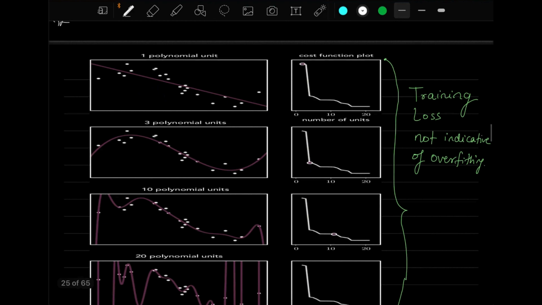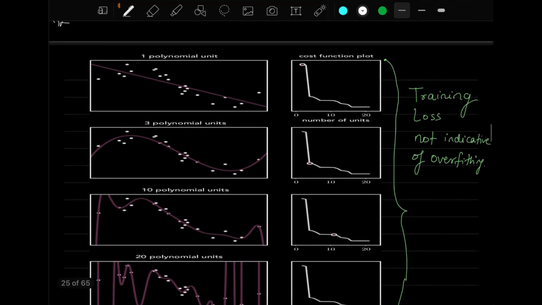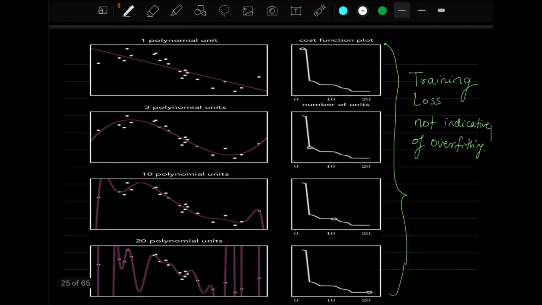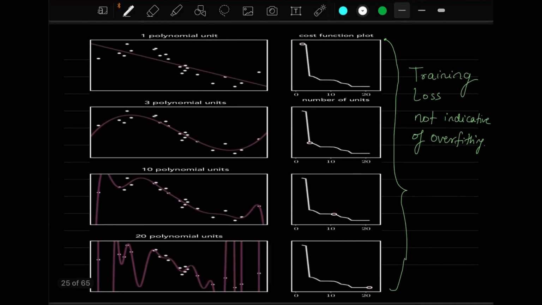Okay. Now the important thing will start from here. As you can see, I am again showing you some curves. Here I am using alpha equal to 1, here alpha equal to 3, alpha equal to 10, alpha equal to 20. Same plot, but now I am plotting the cost function also along with that.